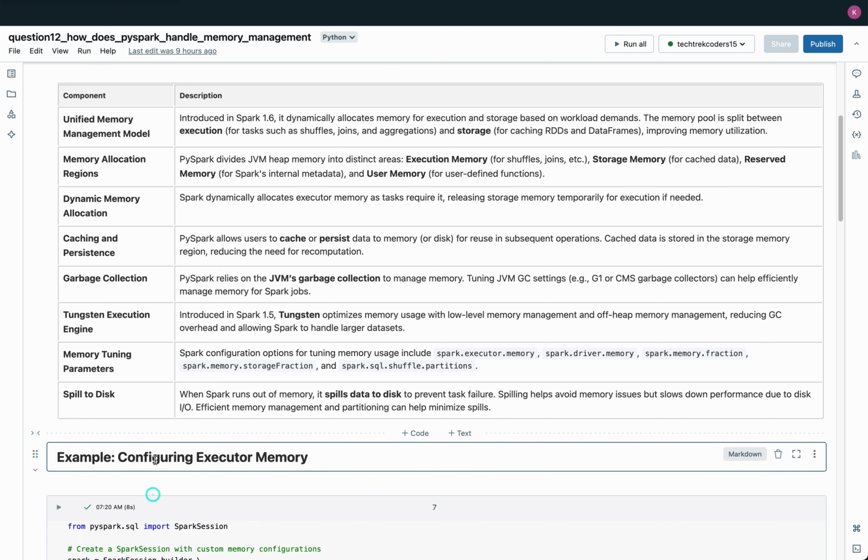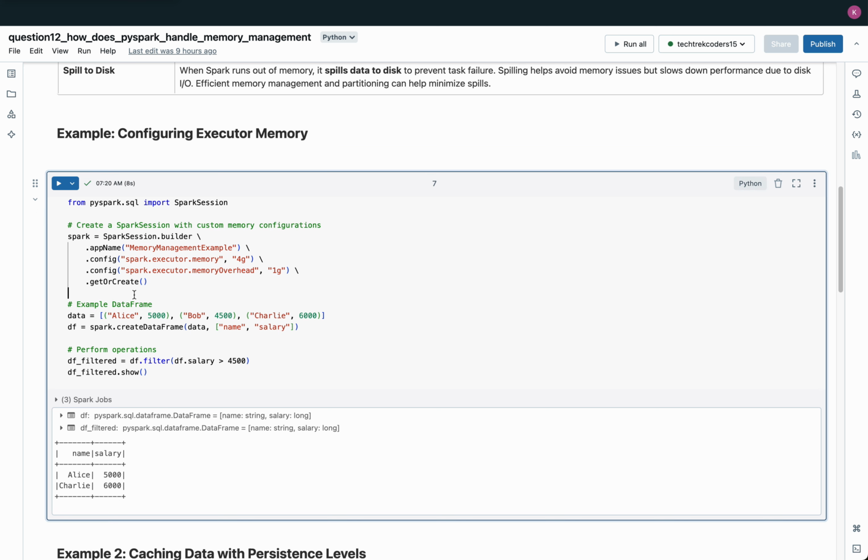Example, configuring executor memory. In this example, we start by creating a Spark session, which serves as the main entry point for interacting with Spark's data processing capabilities in PySpark. Here we specify the application name as memory management example to make it easier to identify in Spark's UI. Then we apply two custom memory configurations, spark.executor.memory and spark.executor.memoryOverhead, which play a key role in how Spark allocates